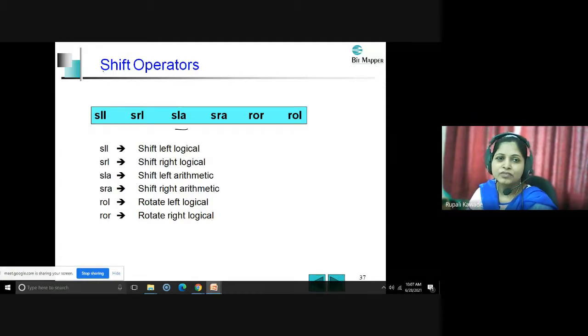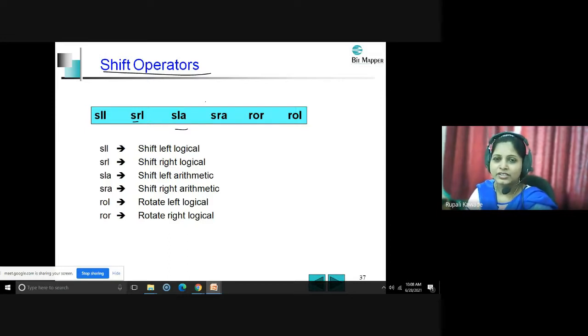Next is the shift operators. This kind of operators you have also seen, shifting either towards the left or the right by a certain specific number of bits, right? So here SLL, shift left logical, SRL, shift right logical, shift left arithmetic, shift right arithmetic. See, there are two types of shifting shown here. One is logical shifting and the second one is arithmetic shifting.